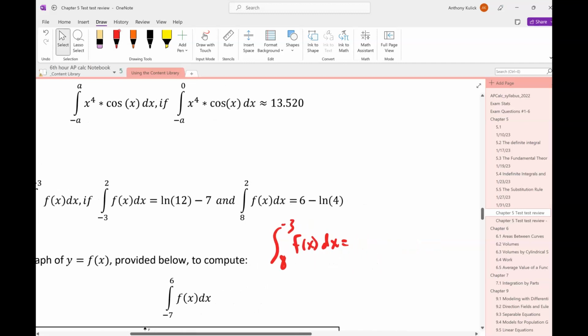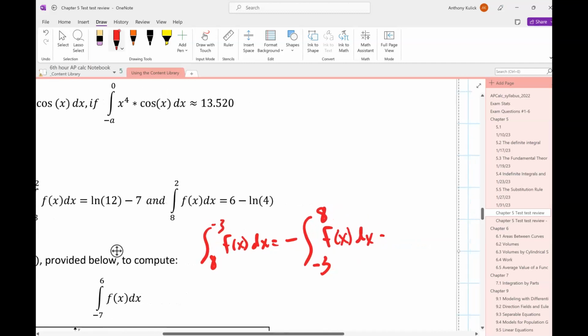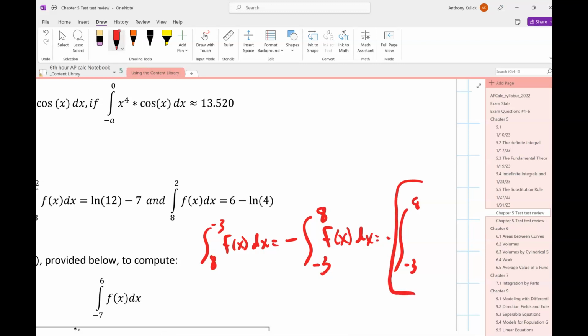I know that's the same thing as negative the integral from -3 to 8, right? Which is the integral from -3 to 8, negative f of x dx,